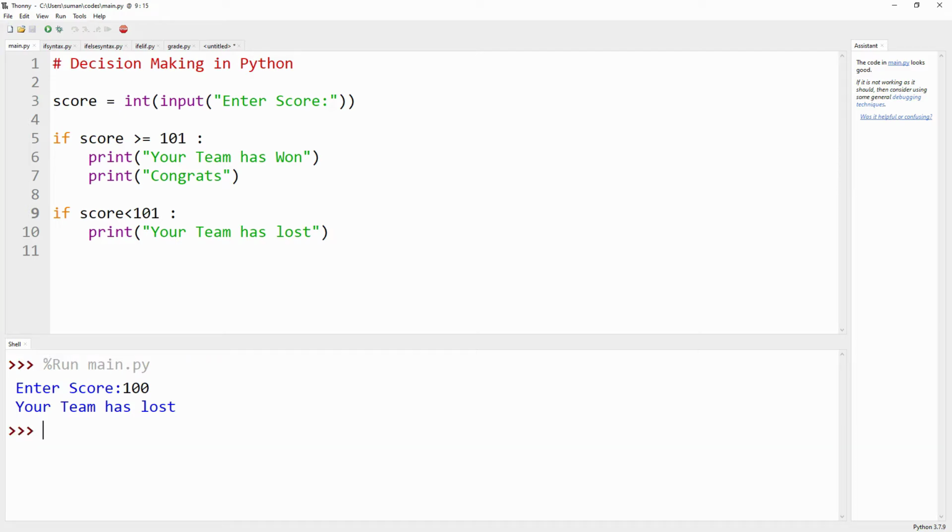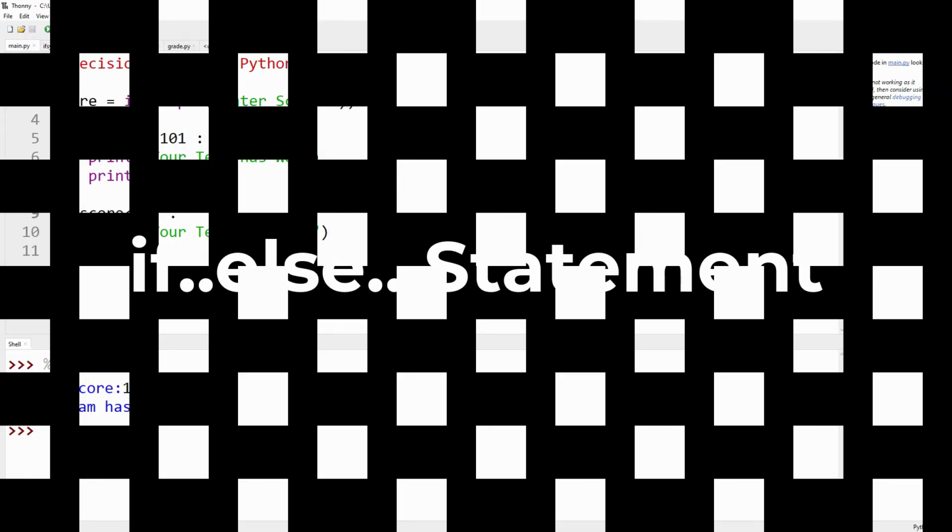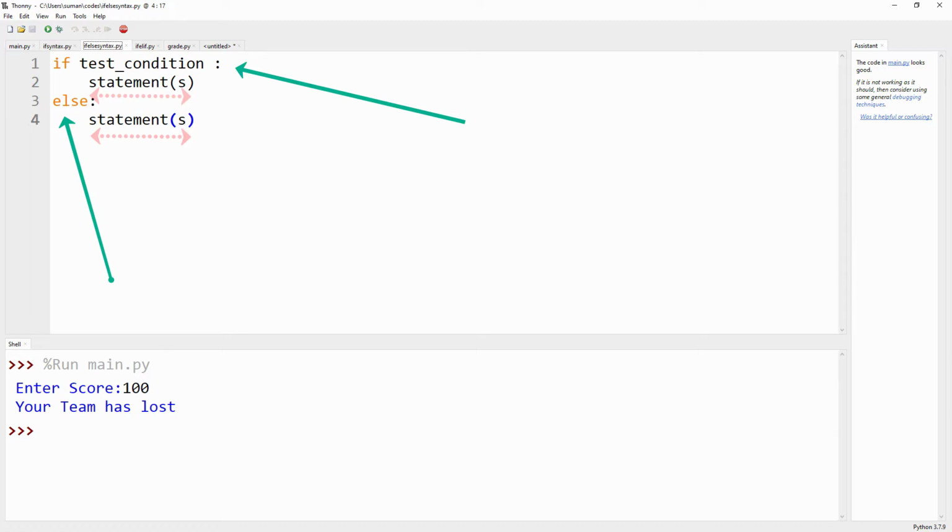But instead of using these two if statements, we may use the if else statement. What is the syntax of the if else statement? If the test condition is true, the body of the statement is executed. Else, if the test condition is false, then that statement is executed.